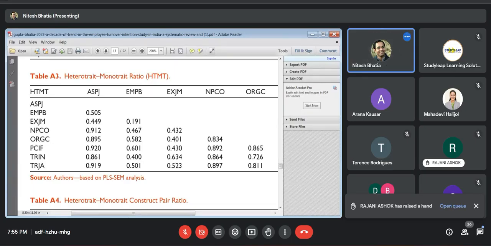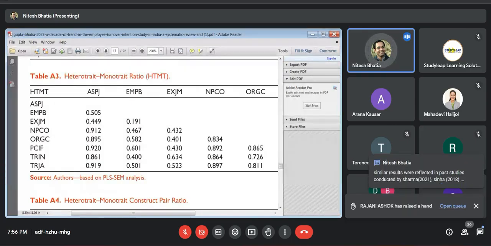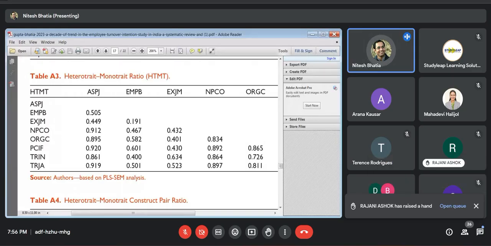conducted by, then you will have to write, say, conducted by Sharma, 2021, Sinha, 2018, something like that. Okay? This would be one if similar results are coming. If opposite results are coming, say past results say that no, high price is not making it difficult for commercialization or price is not a reason for its commercialization, then you will have to write contradictory results